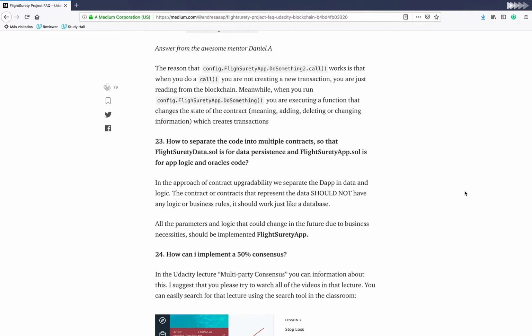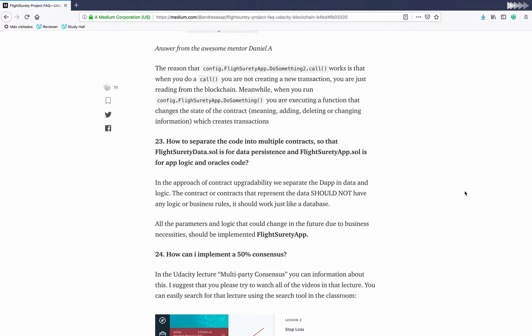Well, guys, all that I wanted to say is that the FlightSurety data acts just like a database. Normally when you build an application, the database doesn't sum things or check rules. You don't create if statements inside a database, or a for loop.